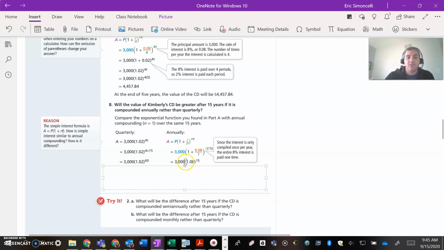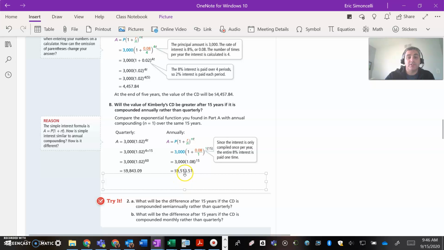Clearly the base here is bigger than that base there, but look at the exponent. This is 60 versus 15. Look at the difference. So you're actually going to have more money, $9,843.09 quarterly compounded versus annually compounded,